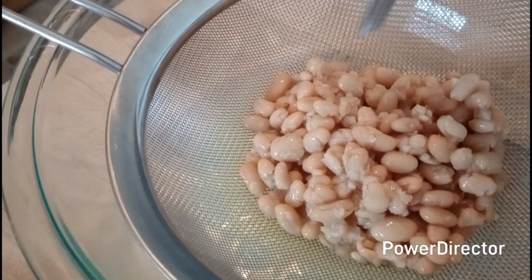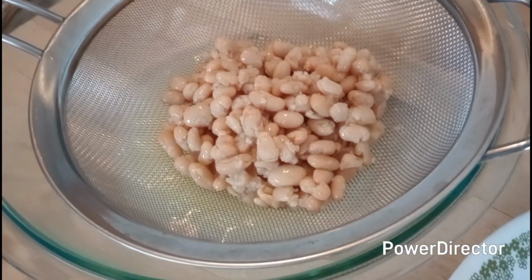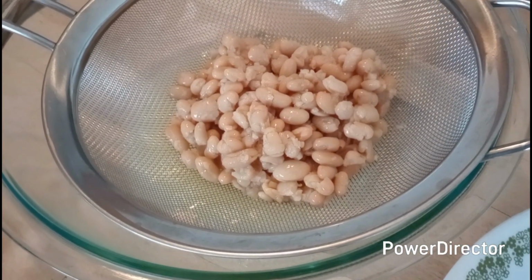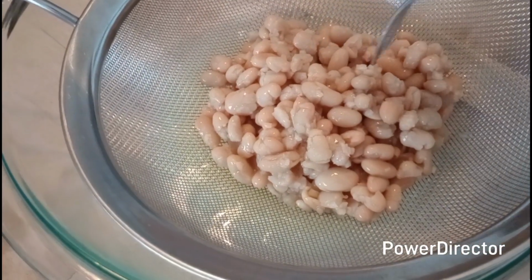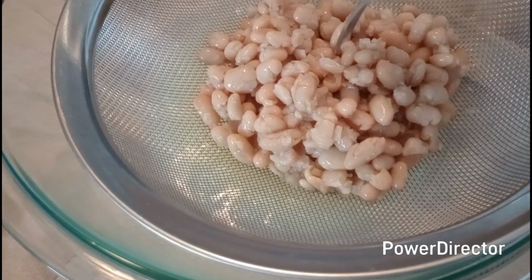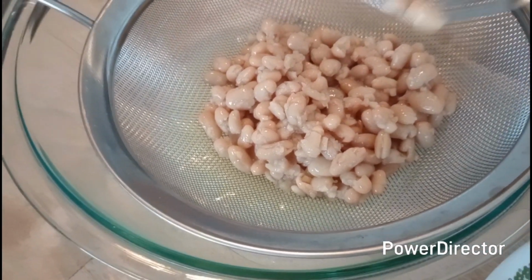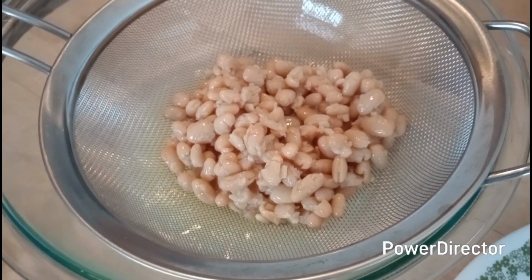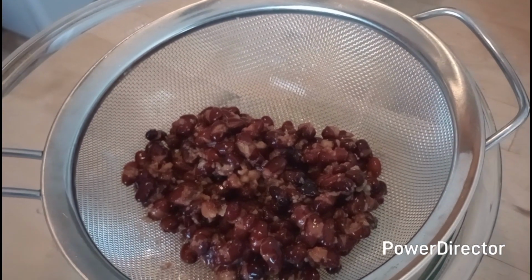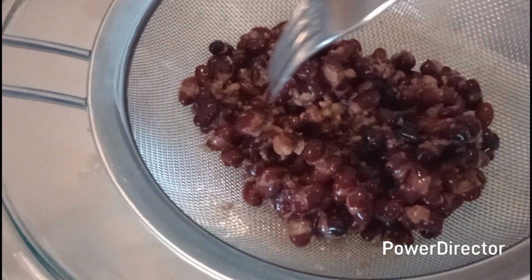I don't even like beans. Let's try another one. Yes, that texture is perfect, absolutely perfect. Let me try one that looks a little softer. Still great. Now we just opened a jar of the black beans, and we got them here in the strainer basket,